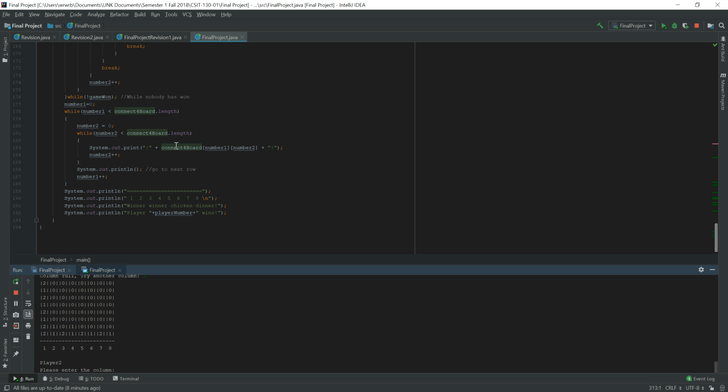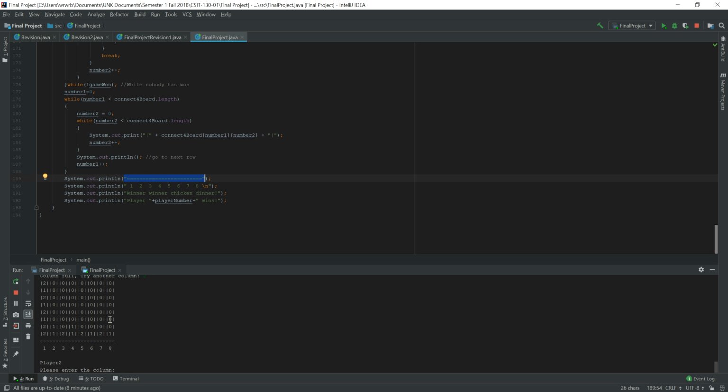So this is where we have the final board, and under that we have the line separating it out, saying there's a winner, and the player, either 1 or